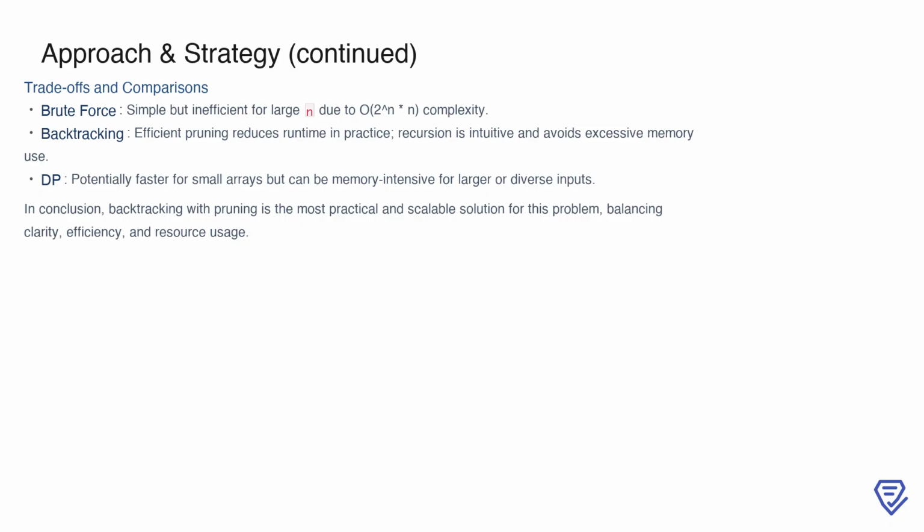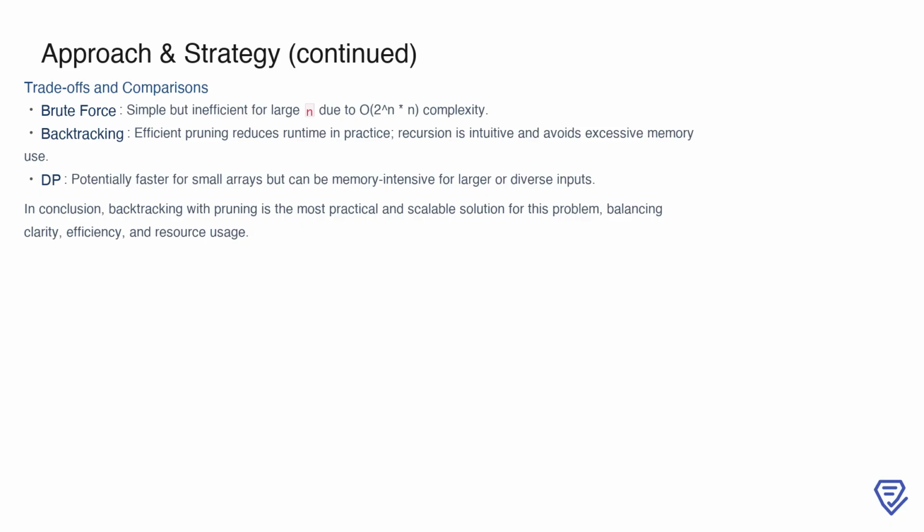Backtracking with pruning, on the other hand, offers a practical middle ground. By leveraging the idempotent nature of the Bitwise-OR operation, it reduces redundant computations, making it both efficient and intuitive to implement. This balance of clarity, efficiency, and resource management makes the backtracking approach the most practical and scalable solution for